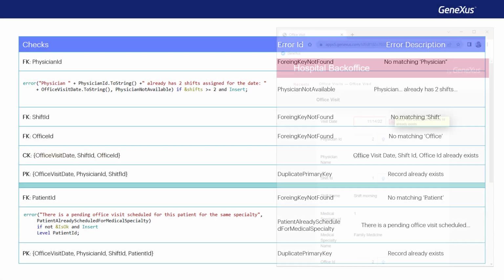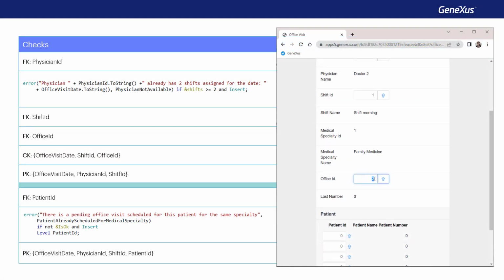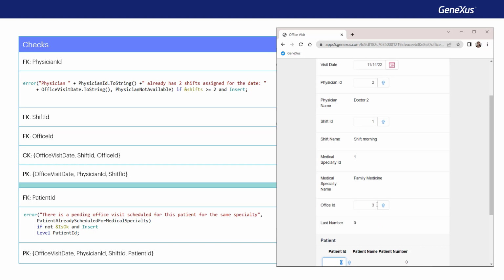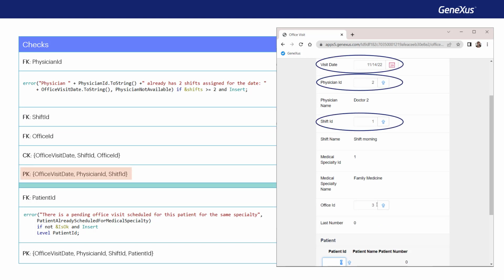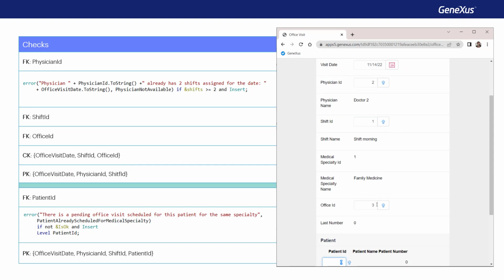Again, let's enter office 3, which we know is not being used. At this point, the uniqueness of the record we're trying to insert is checked. In this case, it did not find that the record already existed, so we don't see anything. If we had tried to enter a record that already existed,